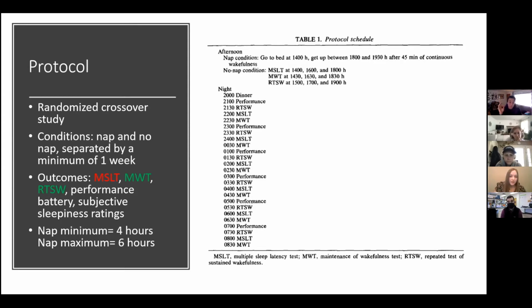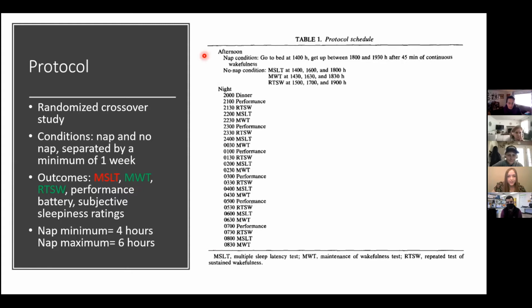So the outcomes they measured were the 3 sleep latency tests. They also did a performance battery. Something funny reading this was that the performance battery was done with pencil and paper. That's how old this study was, whereas nowadays we do it on the computer. And then they also took subjective sleepiness ratings. So if we look at this